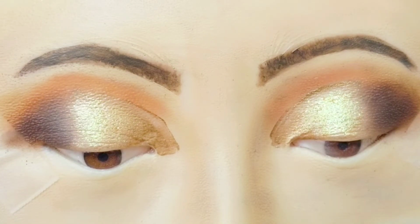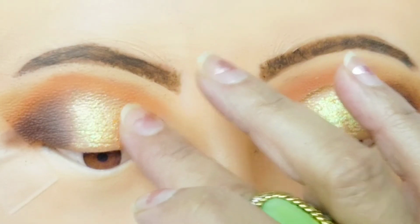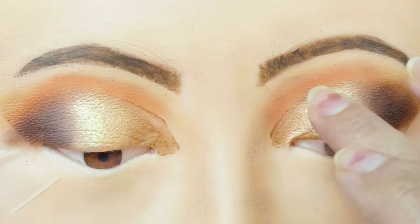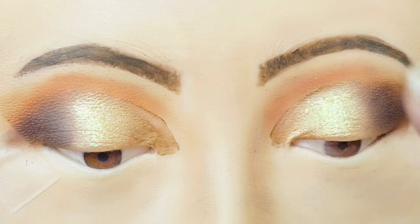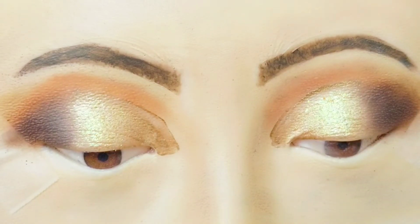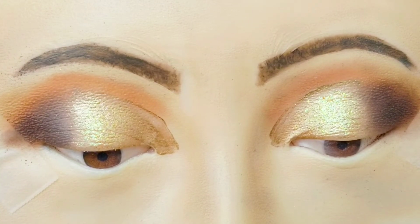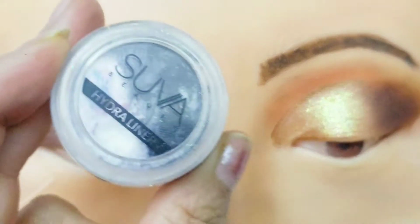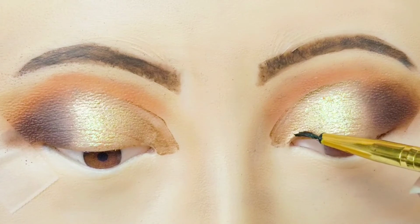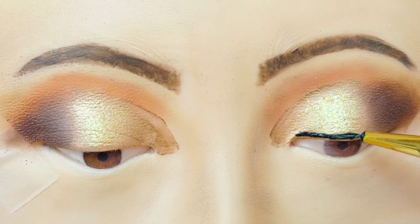I know, as I mentioned, that I dragged the liquid eyeshadow in the inner corner, that's why it left a streak. But when you do it on your own eye, patting would maybe be a good idea. After applying the glitter, as you guys can see, it gave a little more pop. And here it is. Then I used the water eyeliner. It is water based and I used it as a liner,